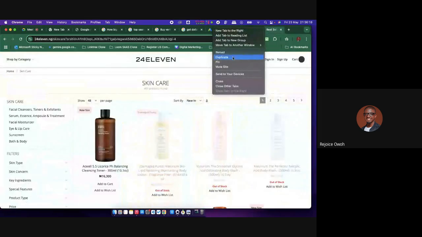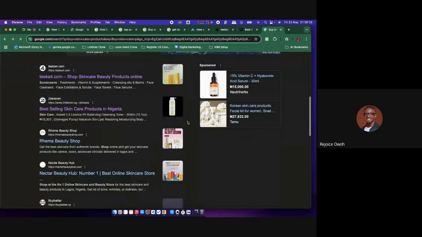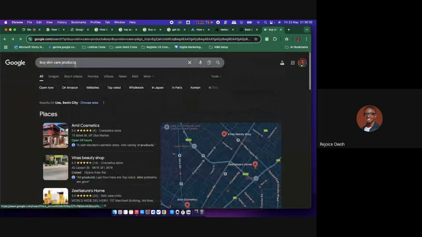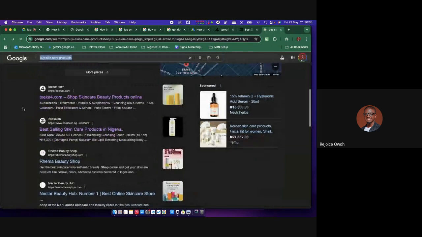Next week we're going to be doing something that is very dangerous in our class. And in fact, if you people don't do all the things you are meant to have done, we will not do that one. What we're going to do next week is search engine optimization, that is SEO. I searched for buy skincare products, and automatically the first person that came up on my list is